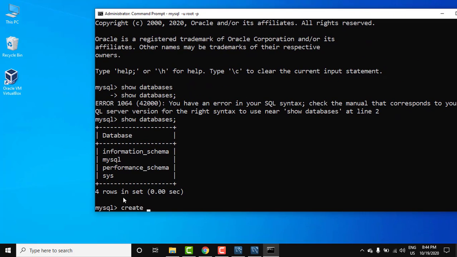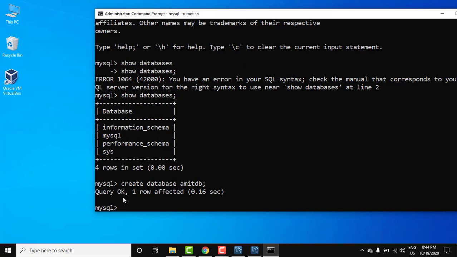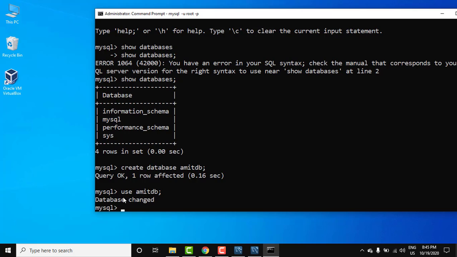Now let's create a database. Create database Amit DB. Press enter. Now you can see created. Use Amit DB. Use the database. Press enter. So guys, in this video we saw how we can easily download and install MySQL